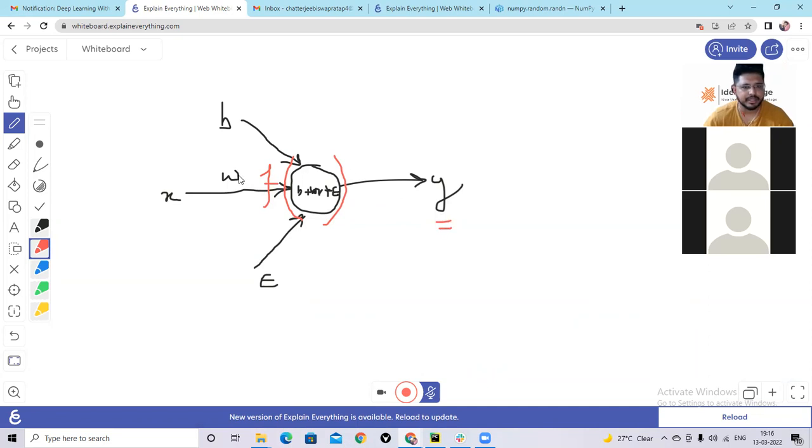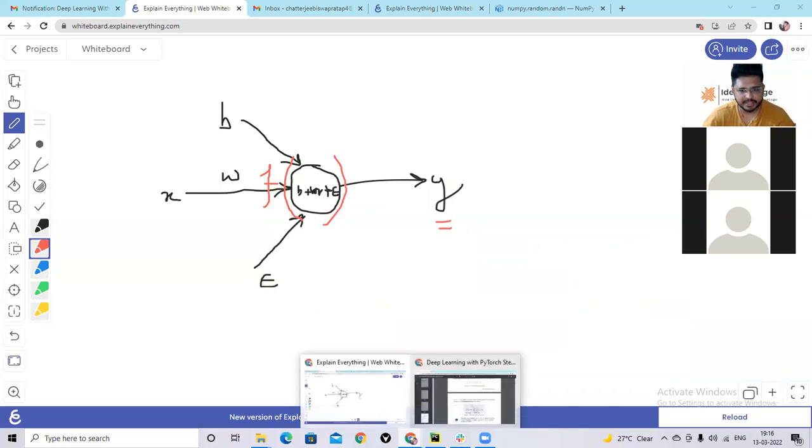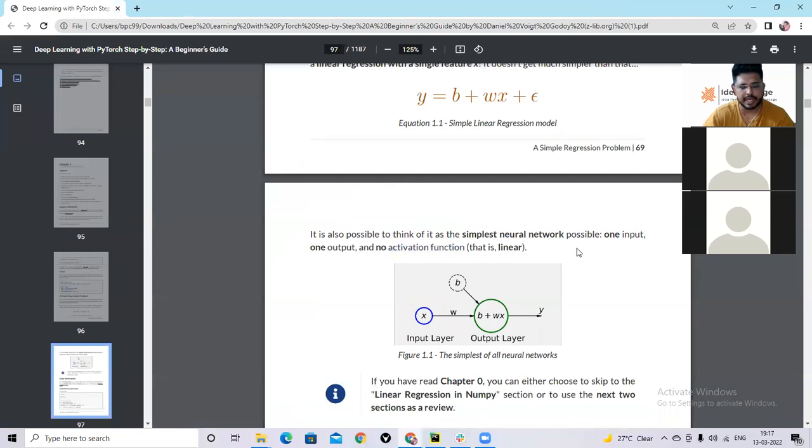It will become non-linear. So it is very important to understand that simple linear regression can also be depicted by the simplest neural network possible, with one input, one output, and no activation function. Since it has no activation function, it is called linear in nature. Okay.